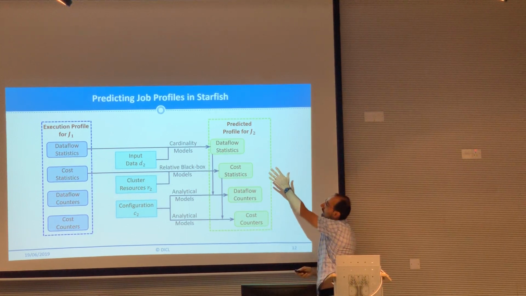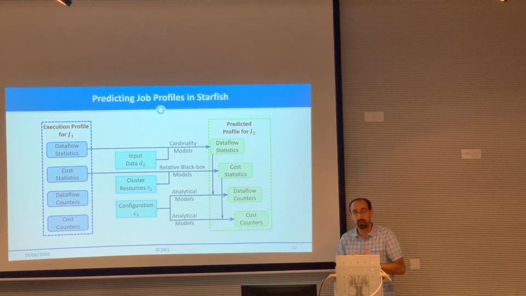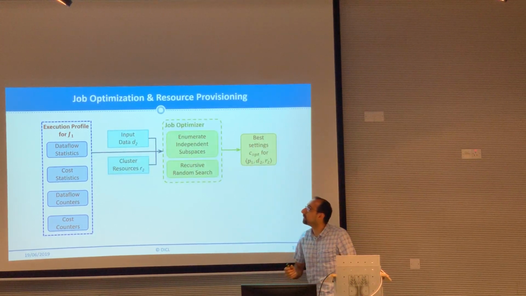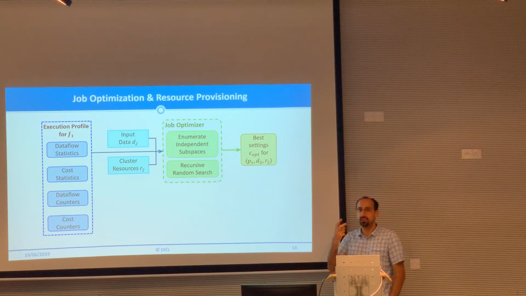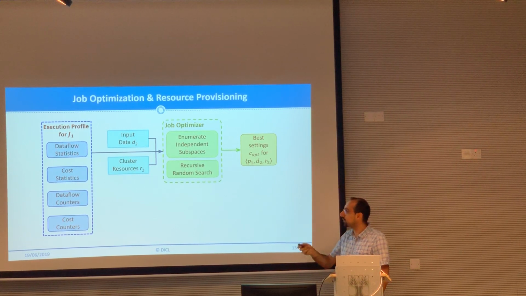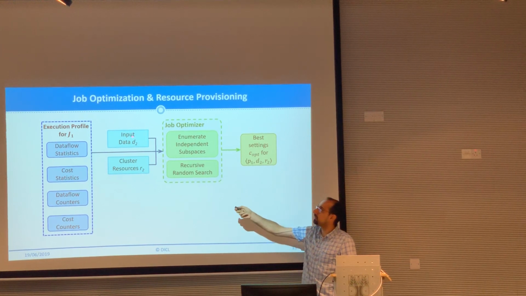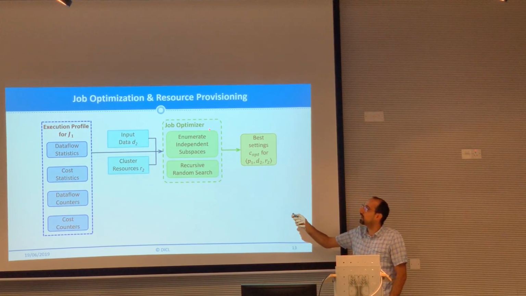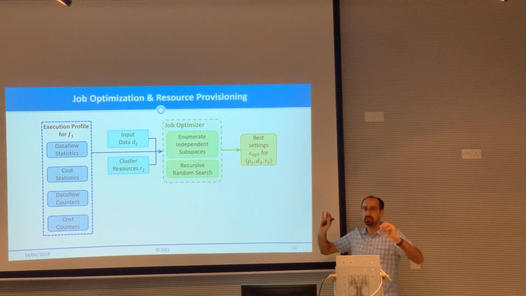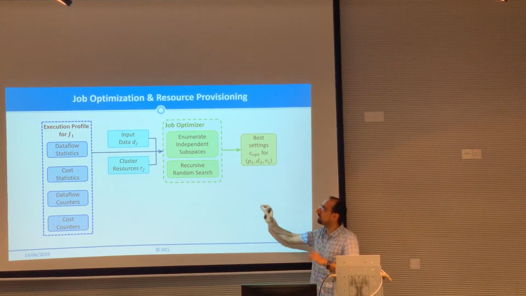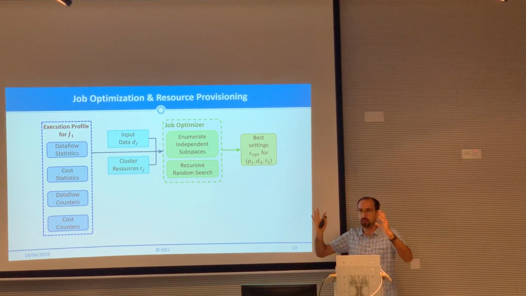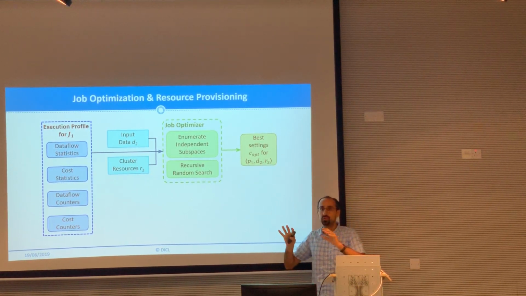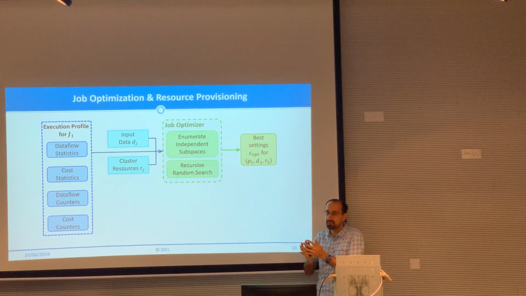And once you can get an accurate execution profile, then you can turn it into and optimize it. So for the optimization step, we're interested in finding the optimal configuration setting. So we have the execution profile. When I run the job on some new input data or perhaps new cluster resources, the job optimizer is responsible for enumerating the different options. Again, there's some smartness that needs to go in there because it's a very large space. And then we use a technique called recursive random search to search through this space to find the best configuration